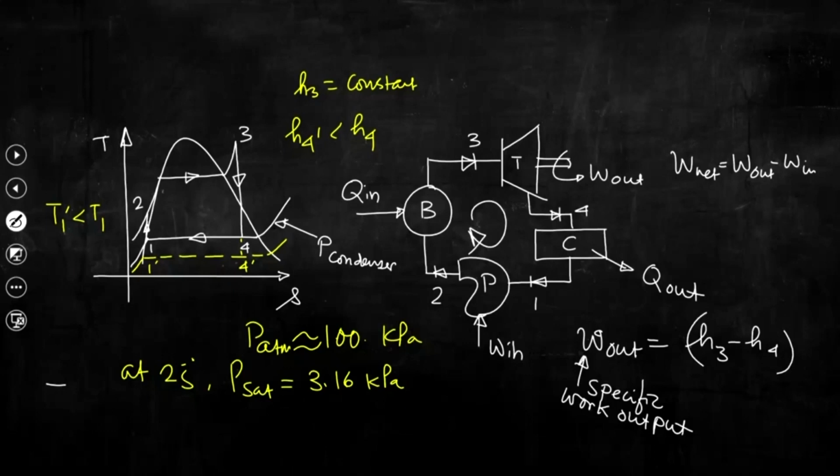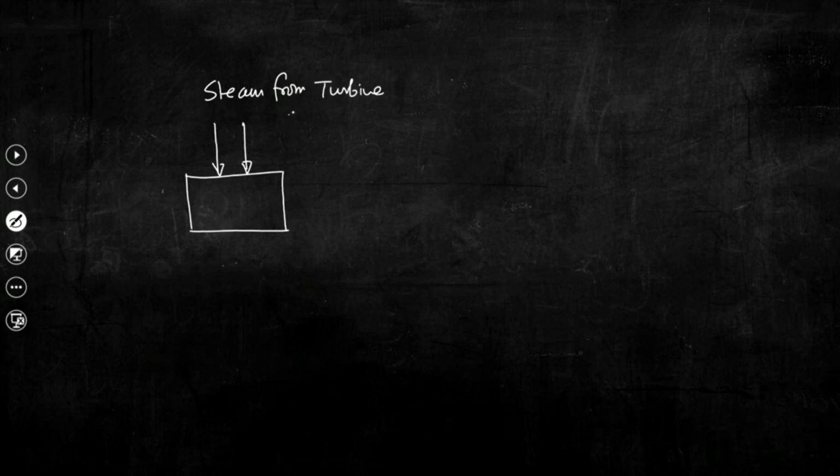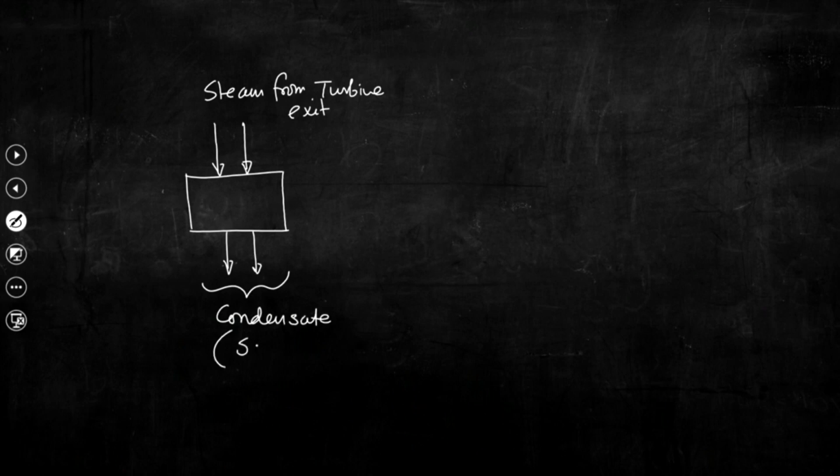So, that means in this particular unit, if we try to draw this unit again, this is the condenser, and in this condenser, steam, this is the stream that comes out from the turbine exit, and we will get at the exit of the condenser what is called condensate, saturated liquid,